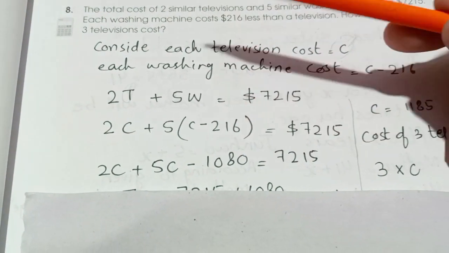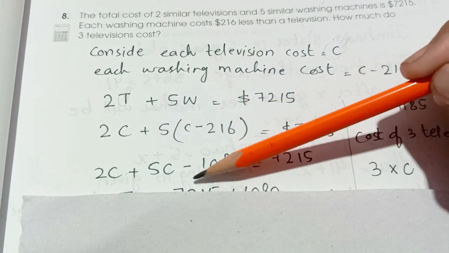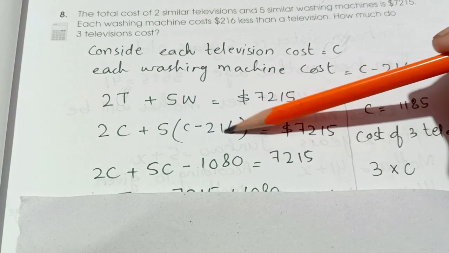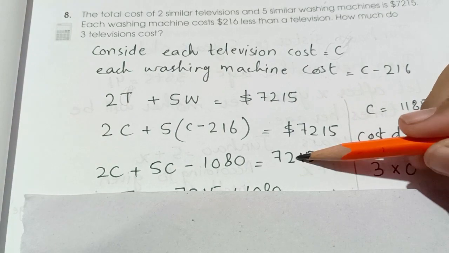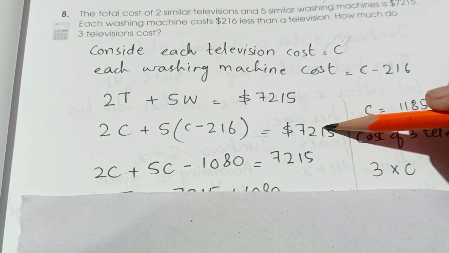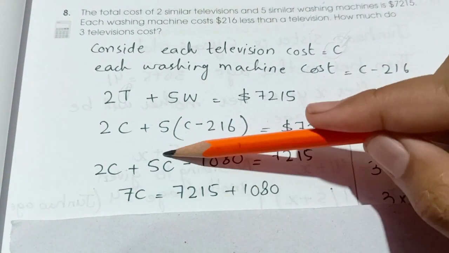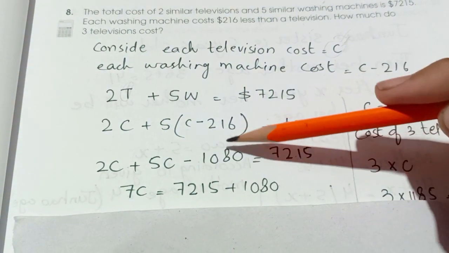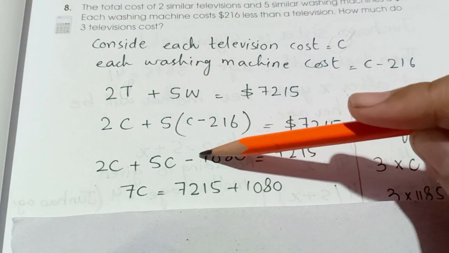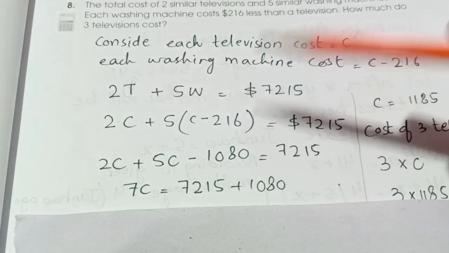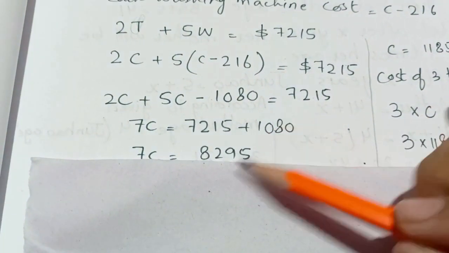Now again we have the next step, 2C plus 5C plus minus minus, and 5 multiplied by 216 is 1080. And we have 7,215 same. Now we have to solve this side. 2C plus 5C is 7C. Now we take this 1080 to the other side, so the symbol will change. From subtraction it will become addition. Now we have to add the numbers. When we add these numbers, we get the answer